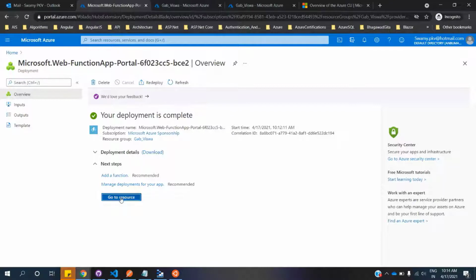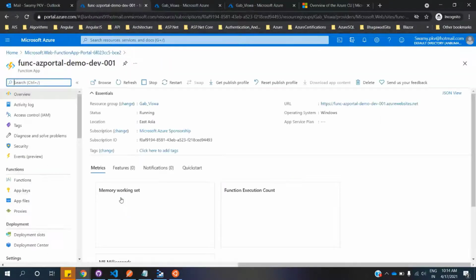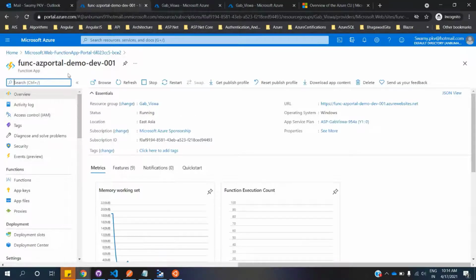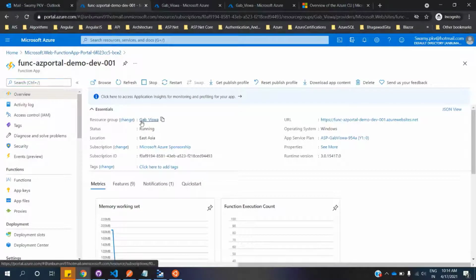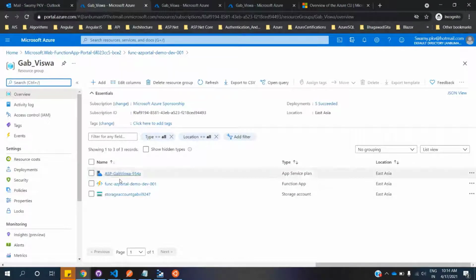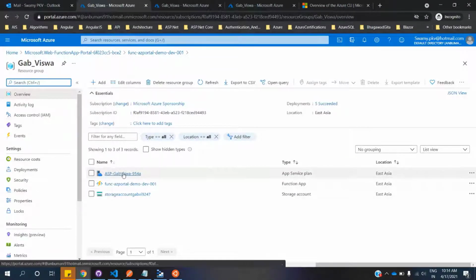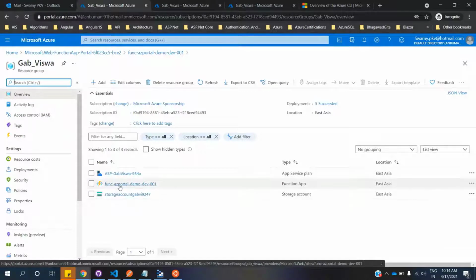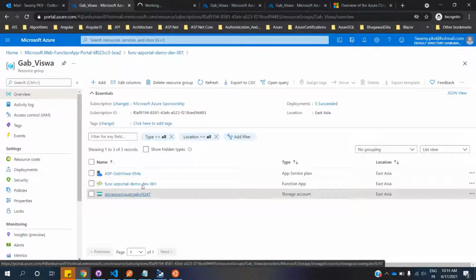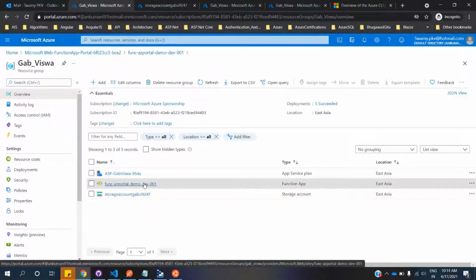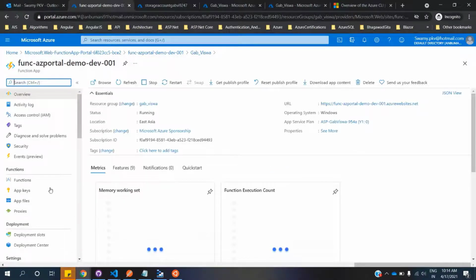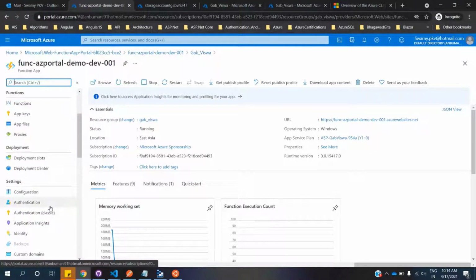Let me go to this resource group, and inside this resource group, you can see that it has created the app service plan, the storage account, and the Azure function app. Okay, at this point of time, we don't have application insights, but that's also very much needed.